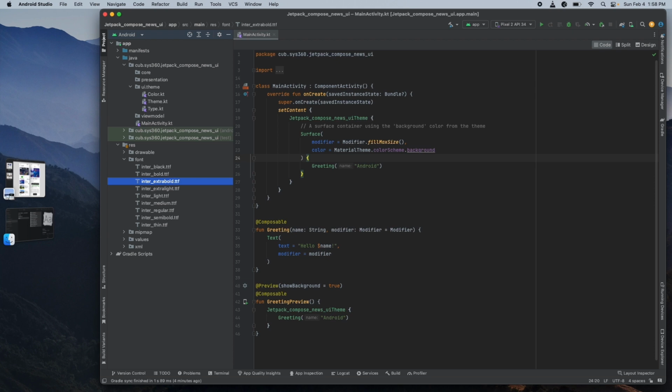Okay, so we're done and everything looks nice. So the next step, we're going to work on